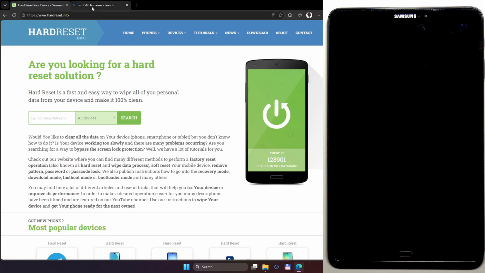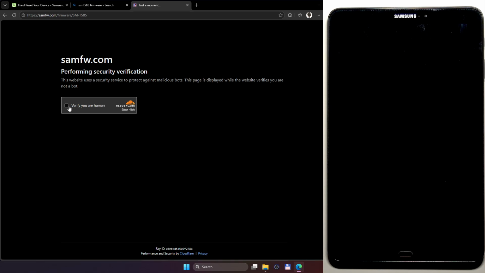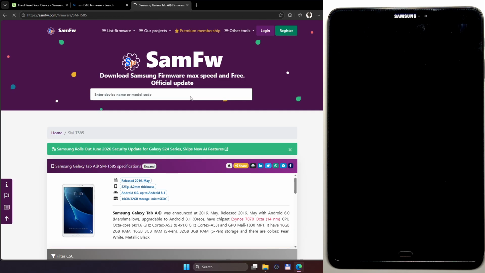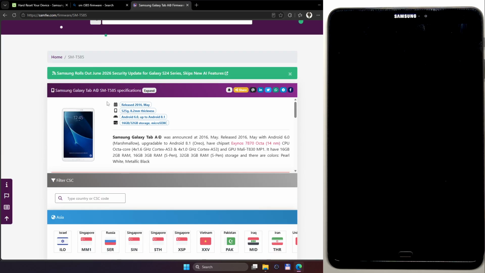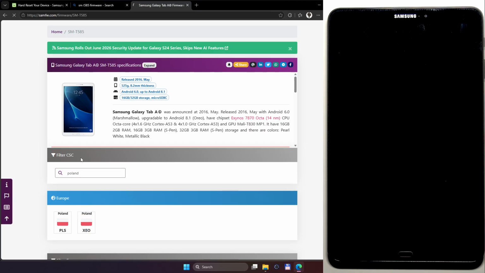Okay, then open up a new tab, type SM-T585 firmware. I highly recommend to use this page, samfw.com. Simply visit it, verify that you are human if it appears. We have our tab, and now click on the search bar and type your country or CSC code. I have the Polish version, so I'll type Poland, then